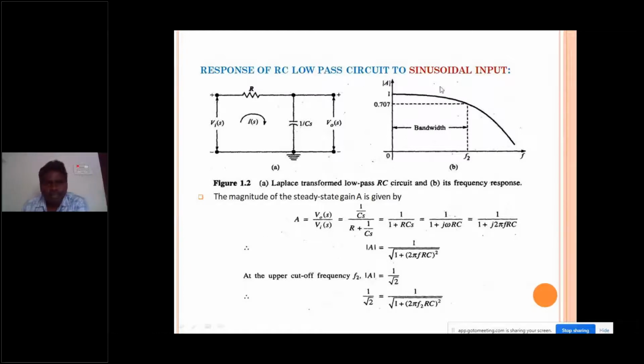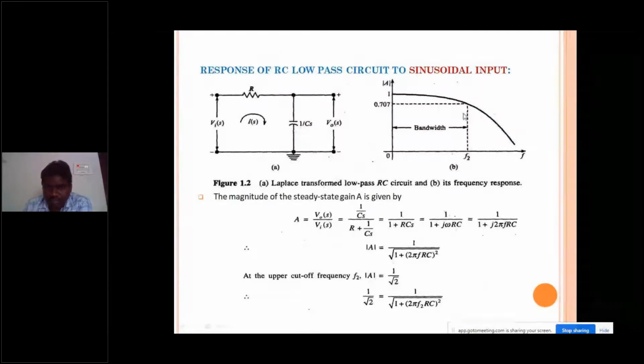So this is a frequency response. You can see here it is allowing only the low frequencies. If I apply a sinusoidal signal with low frequency, it is allowed. If you are applying high frequencies, it is not allowed. You can see this is an upper cutoff frequency. You can understand this is a frequency response of a low pass circuit. From this figure, you can also calculate the value of the upper cutoff frequency. For a low pass circuit, you are having the upper cutoff frequency, but for a high pass circuit, you are having a lower cutoff frequency.